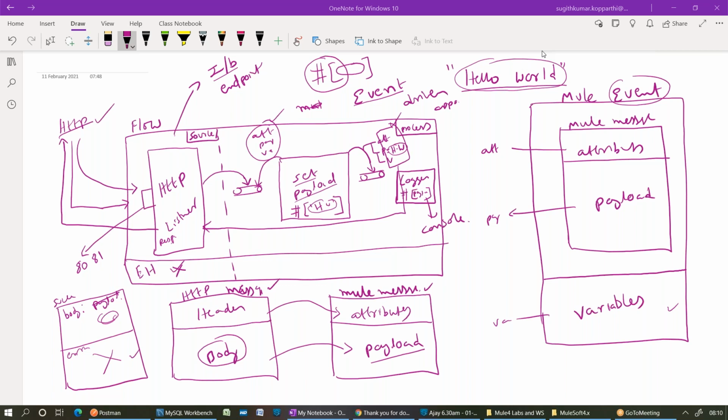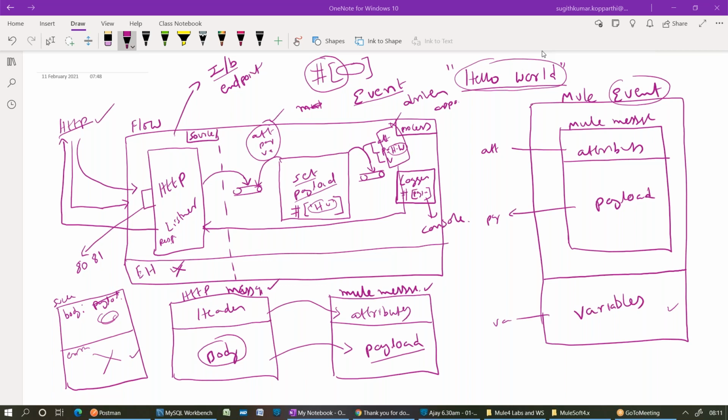First, the Mule application will receive an HTTP message, and the HTTP listener will receive this message. This is called the inbound endpoint. The HTTP message has a header and body, and in between, before the set payload, there is a channel where it converts into a Mule message, which is nothing but a Mule event.